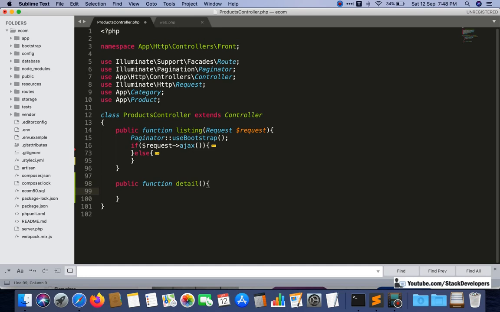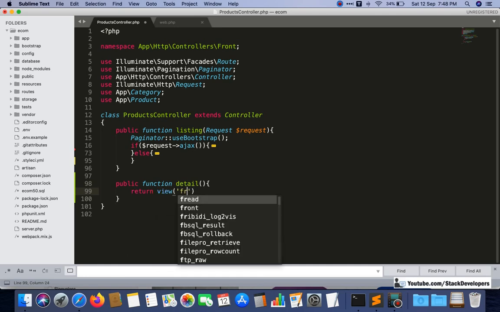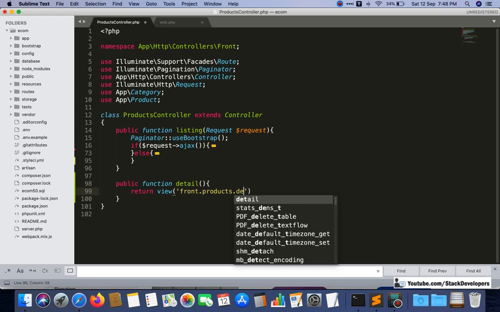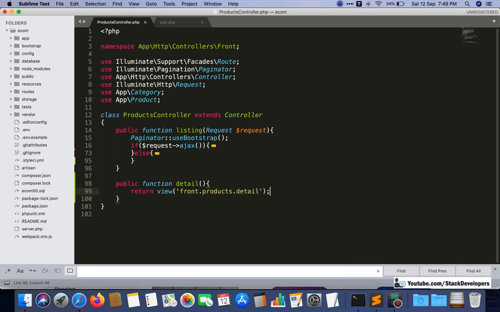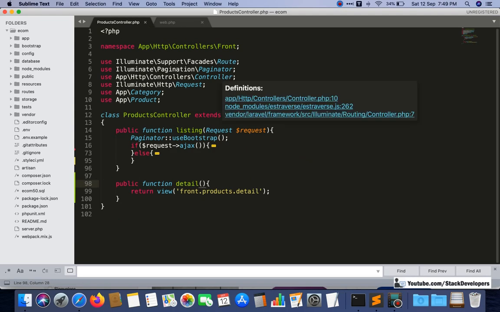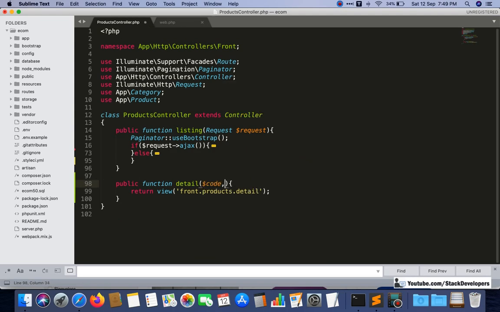So we will return a view. We will create the detail blade file under front, then products, then detail, like this. Here we are passing two parameters, code and ID. So here we will use $code and $ID.